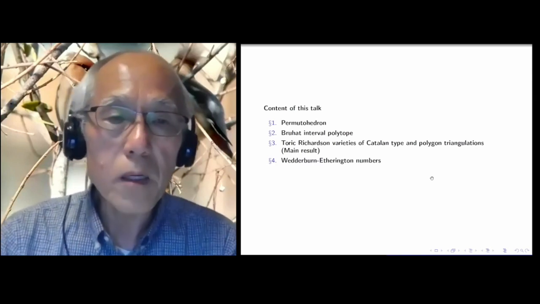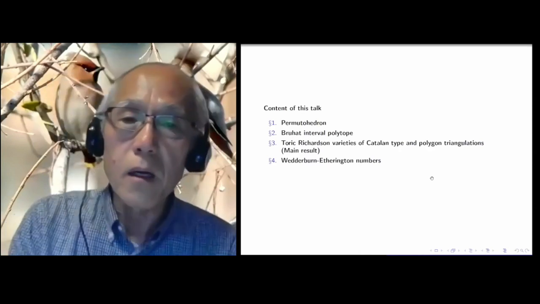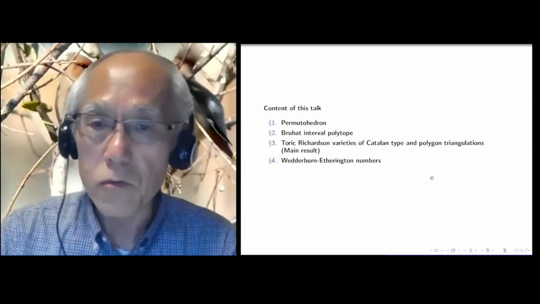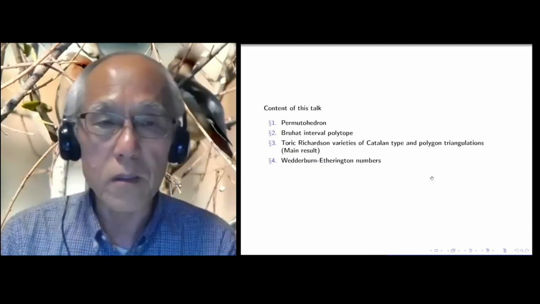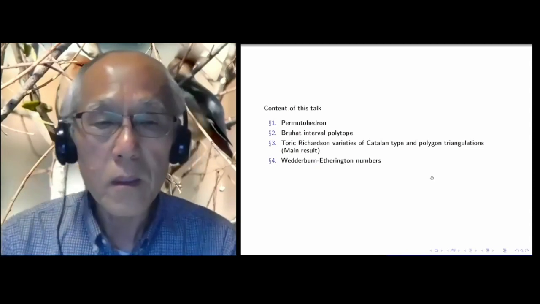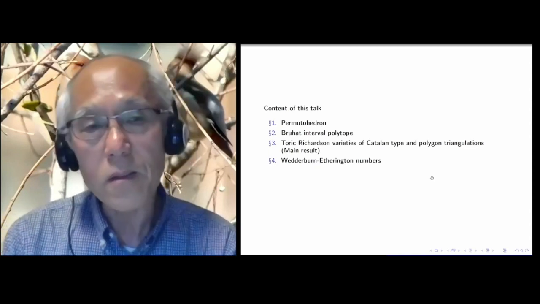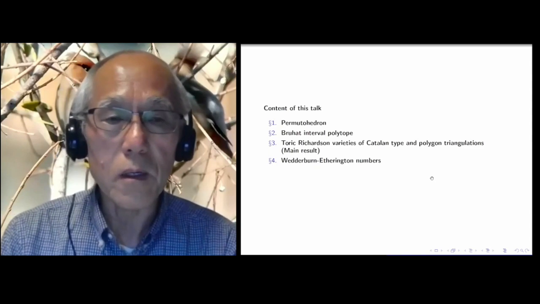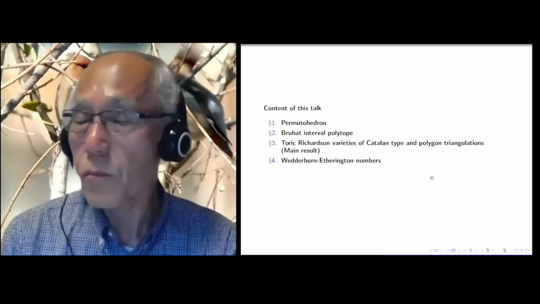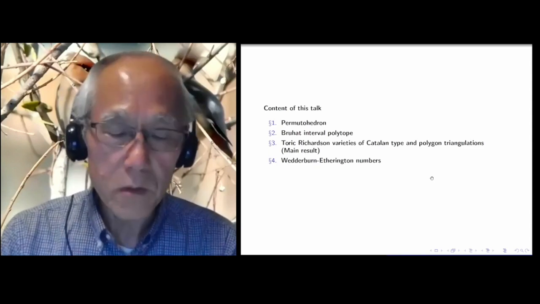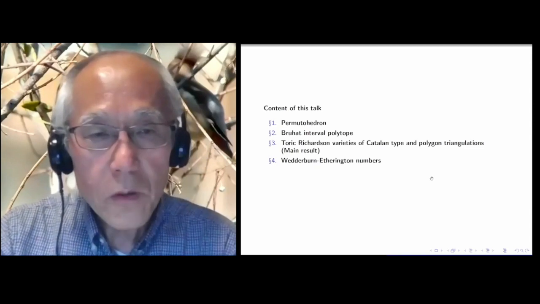Then I will talk about toric Richardson varieties of Catalan type and polygon triangulations. The third section is the main part of this talk. And then our result is related to Wedderburn-Etherington numbers, so I will talk about those numbers. Okay, so let me start